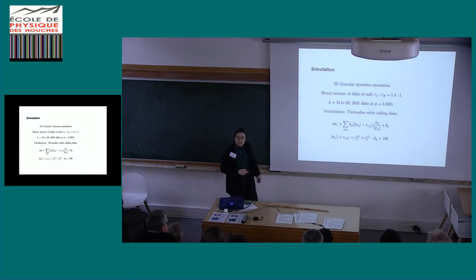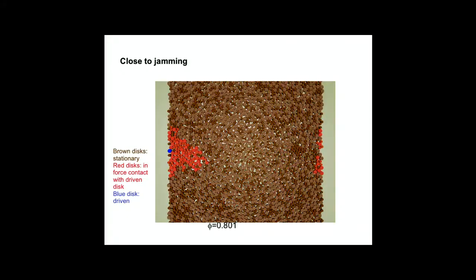We ignore inertia here, so we just have disks of two different sizes so that they won't crystallize, a radius ratio of 1.4 to 1, which is what everybody uses. The disks have an extremely stiff spring because we're doing molecular dynamics. We can't do true hard sphere interactions. They don't know about each other until they're touching, and then they push each other firmly away. And then we're going to drive one of the disks as we make the remainder of the disks more dense.